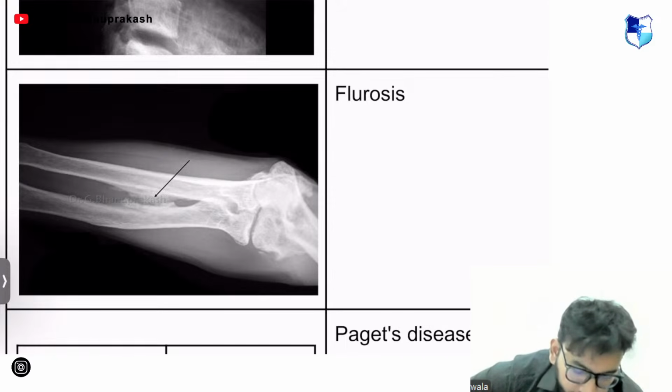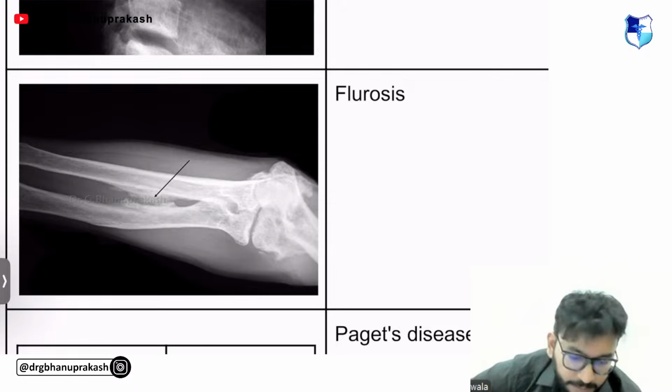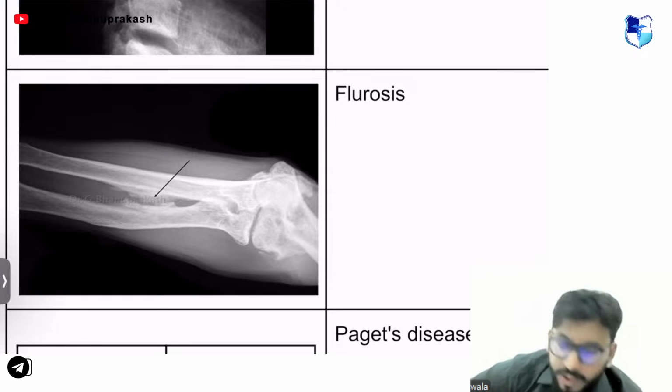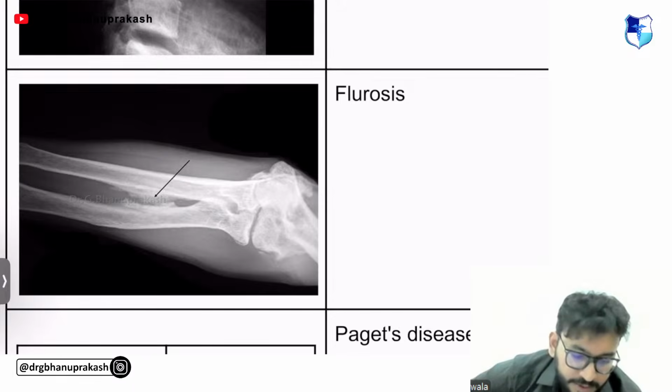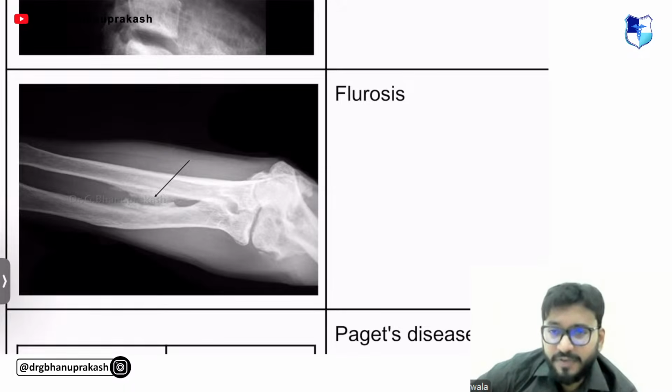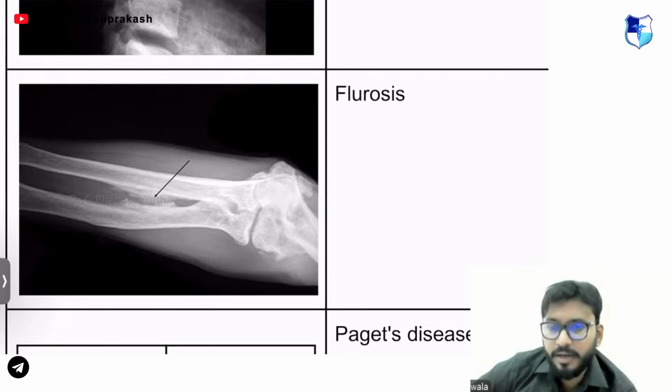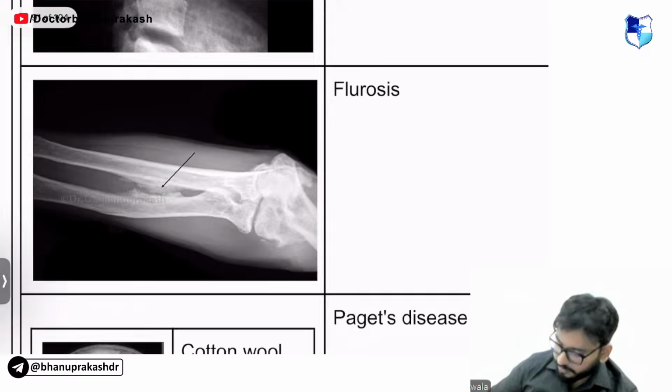There is something happening in the membrane between the two bones. Interosseous membrane is being affected. What is it? What is happening? Come on. It's very specific, guys. Very high yield. One look and you'll know the answer that this is fluorosis. What is happening, guys? Yes, absolutely brilliant, Abdullah. This is calcification of interosseous membrane, classically seen in fluorosis.